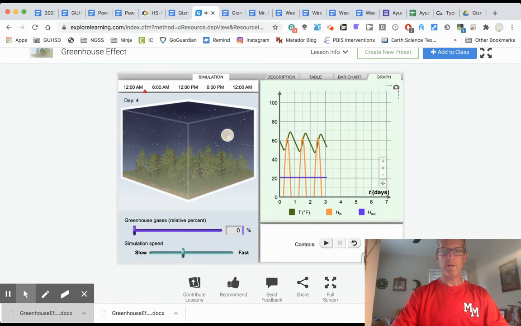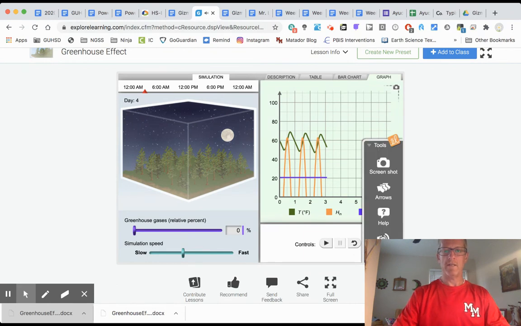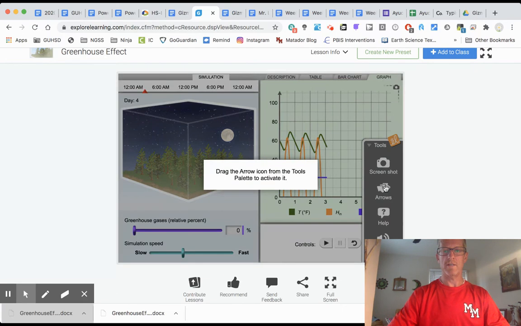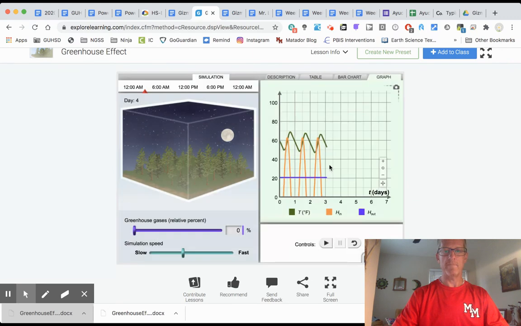Okay, then I'm going to pull up the toolbar and I'm going to see that there is an arrow feature. If you just single click on it, it will give you a note. Drag the arrow icon from the tools palette to activate it. So I'm going to follow those directions. I'm going to drag the arrow, and there's my arrow, and I want to mark the peak or top temperature,